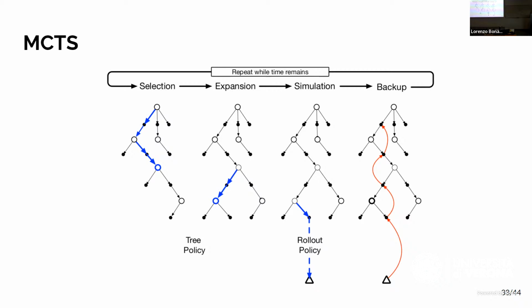At the start of the algorithm, the tree has only the root and its children. The algorithm starts with the root, which is the current state you are in, and the actions you can perform from that state. I think that I forgot to mention that this algorithm is an online algorithm, which is really